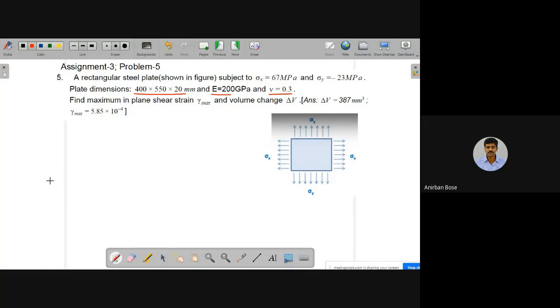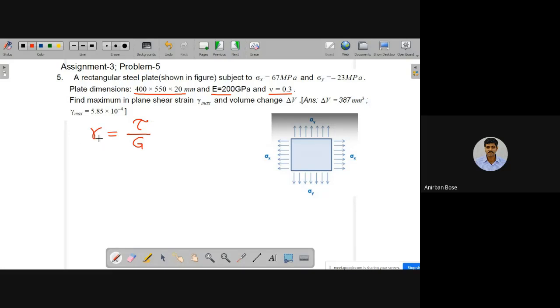Okay, so first of all, you have to know the relationship between shear stress and shear strain. Shear strain we generally symbolize by gamma, and this gamma is equal to the shear stress, which we write as tau, divided by the modulus of rigidity. This relationship holds true up to the elastic region. So within the elastic region this relation is true.